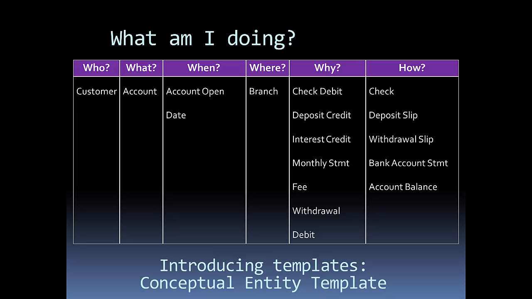And I'll give you an example of some of the templates that I've been using. This is in my training manual. It's also in the MongoDB book. So when I build a conceptual data model, what I've been filling in is a very simple spreadsheet. Who, what, when, where, why, and how. Whenever I come across a person or an organization of interest to the enterprise, I put that who in the who column, so customer.